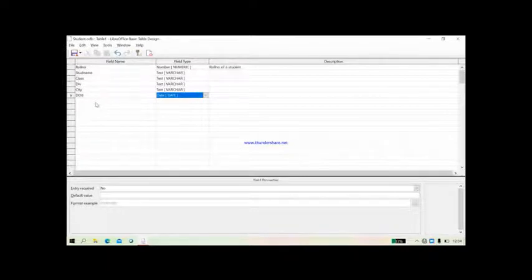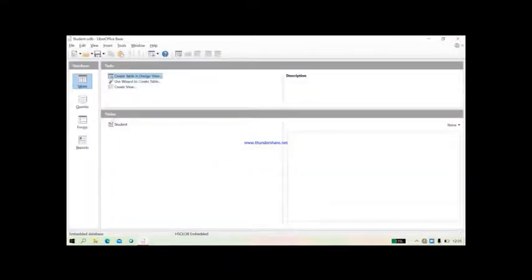So the duplicate data is avoided. Here roll number is a field. Right click on this roll number and the last option is primary key, which you will assign to roll number. That means when you enter 100 students, and suppose some roll numbers are repeated, immediately it will show you the error message that there is a duplication of the number. That's why you have to assign the primary key.